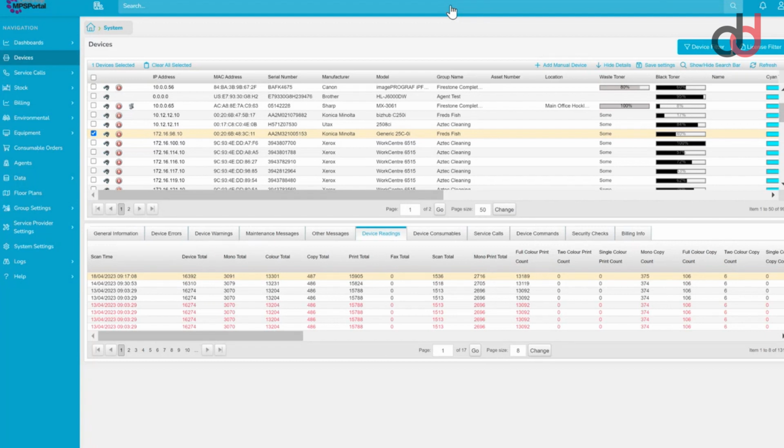Yes, sorry, I've totally forgotten to cover that. In the service call system, yes, we do have an app that works on Apple and Android devices, and the key behind that is that it's targeted at engineers. So while an engineer's on site, they get a simplified view of the PIPS system, because at the moment, trying to use PIPS on the phone, there's a lot of information to fit on a small screen. So we've got a simplified version that allows them to pick their customers, see devices within that customer, get the basic information, and